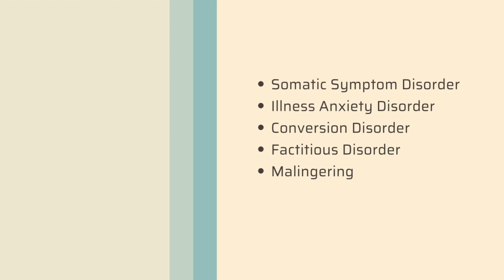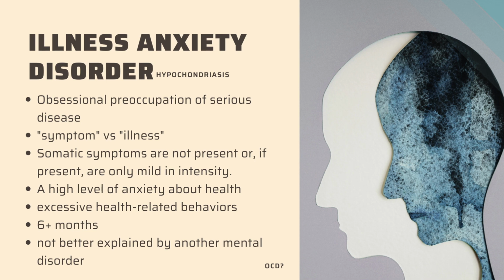So, we just talked about somatic symptom disorder, which is the disorder featuring medically unexplained symptoms. Next up is a whirlwind tour through the other somatoform disorders, including illness anxiety disorder, conversion disorder, factitious disorder, and malingering. Let's start with illness anxiety disorder, which was formerly called hypochondriasis, although this term has fallen out of favor. While illness anxiety disorder has historically been lumped together with somatoform disorders, the emerging consensus now is that it more accurately belongs under the banner of OCD spectrum disorders.